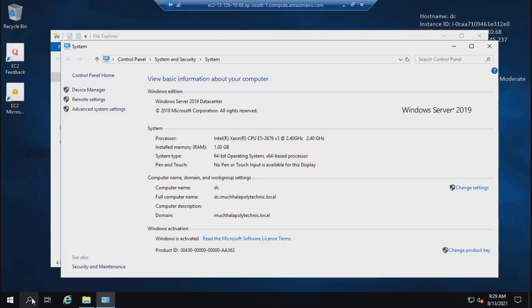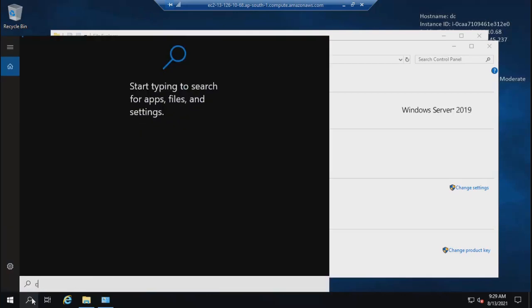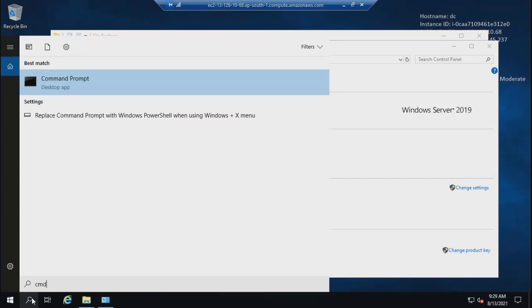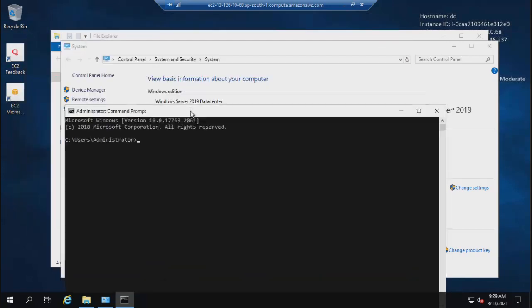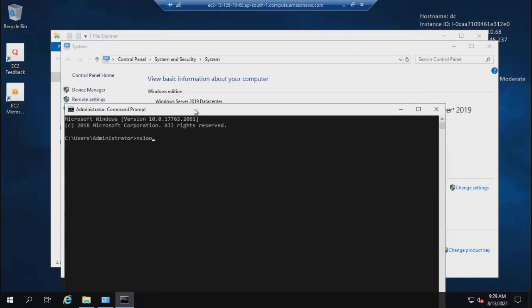Now we can do one thing. I can use a command here. So I'm asking my computer now, nslookup. I'm asking my computer what is or who is this.